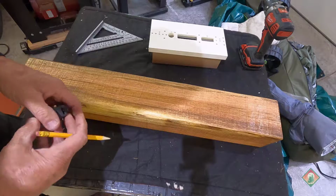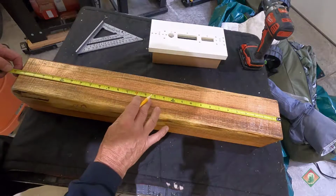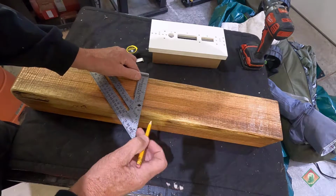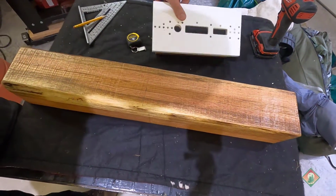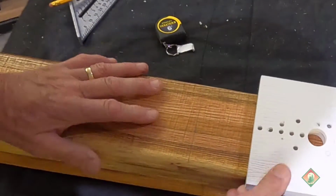I had the other one, and they're basically a 30-inch post, pretty close to 30. So keeping consistency, I'm measuring up from the bottom and doing a 15-inch. Again, these are varnished, so a little bit of pencil mark won't hurt. It'll come off in a little bit. And then on this one, we're going to make it reversible. So I'm going to put a 5-hole